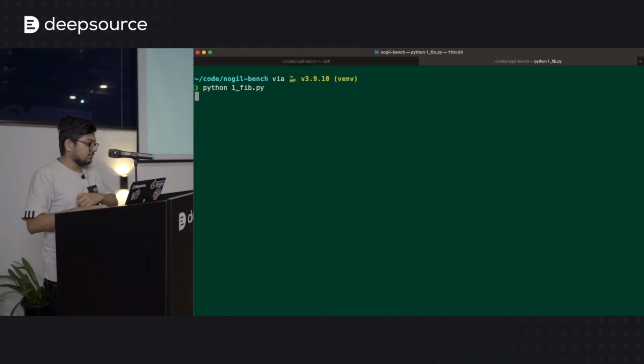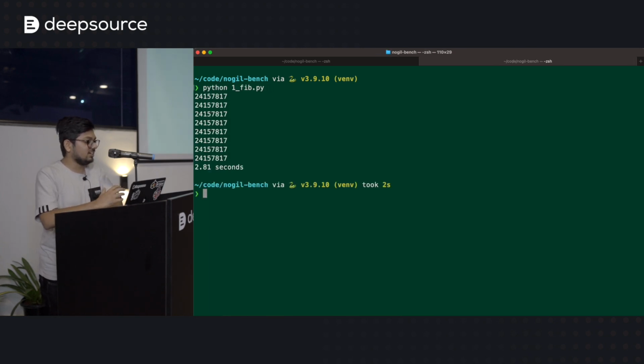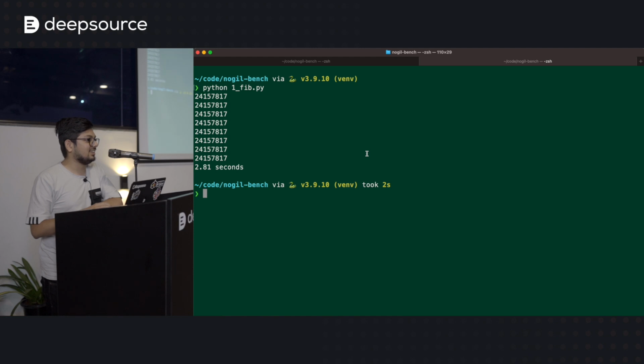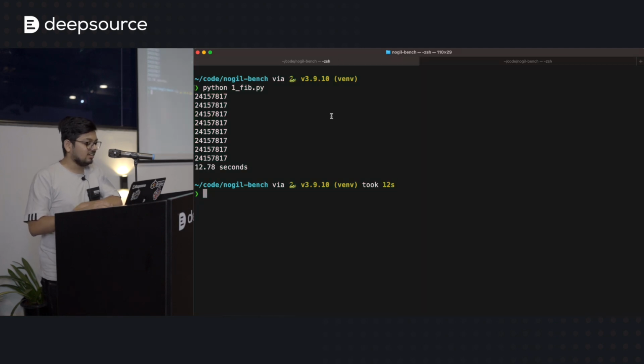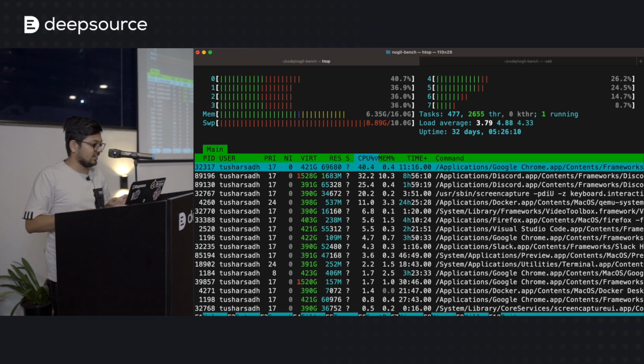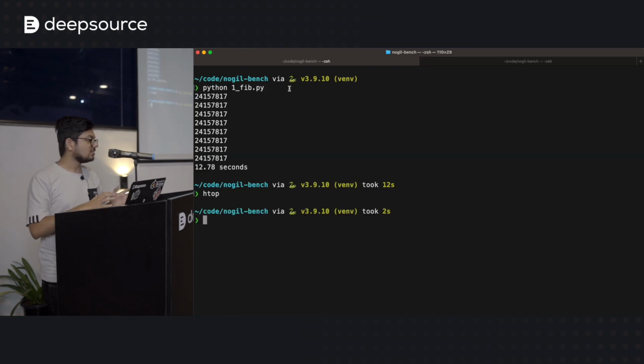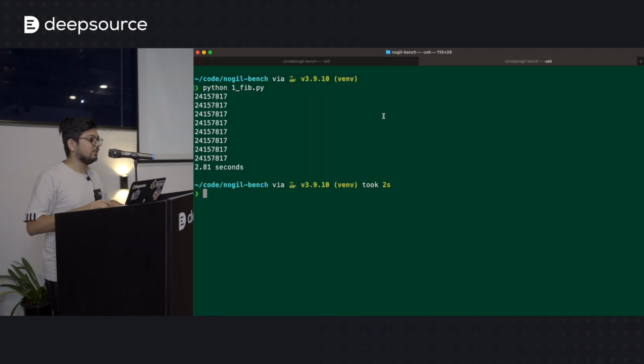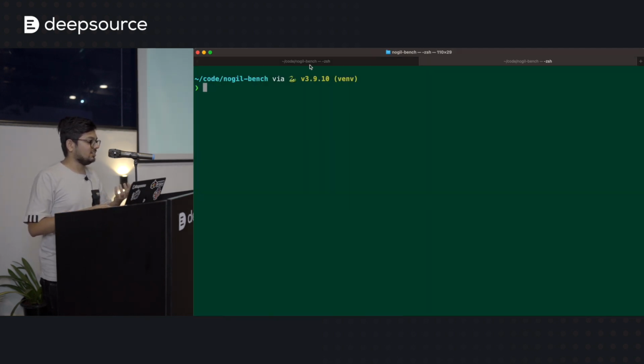But the Python version without the GIL with the same code runs in 2.81 seconds. Now that's 6-7 times faster. So you can sort of see that it basically scales with the number of cores that you have on the machine. Now this machine, I believe, has 8 separate cores. So the code can be up to 8 times faster by doing nothing. The code in both of them is the same. We're just spawning a thread, right? So that's basically where the value proposition for the GIL comes in.